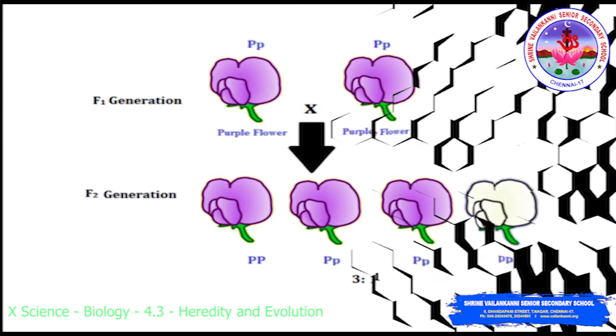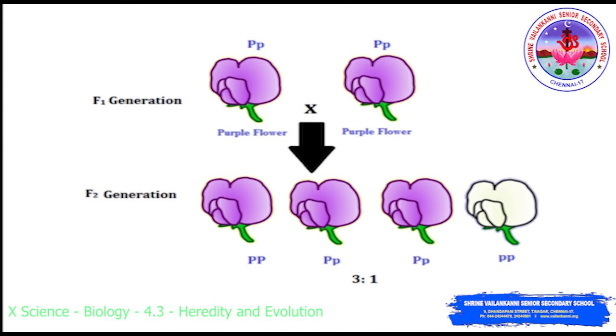The F1 generation is carried over to identify the second generation. The F1 purple flower and purple flower are crossed. What happened in the F2 generation? The result is 3 purple and 1 white. In the F1 generation we got all purple, showing the dominant character, and there was no white flower. The gene responsible for the white flower is hidden in the F1 generation parents, and this F1 generation is carried over to the F2 generation.